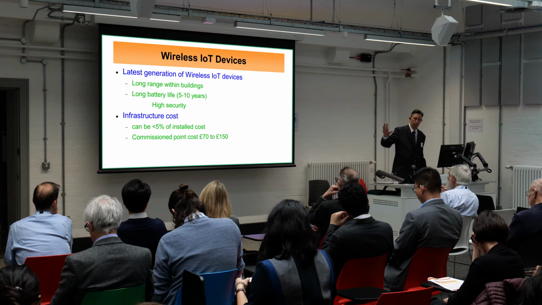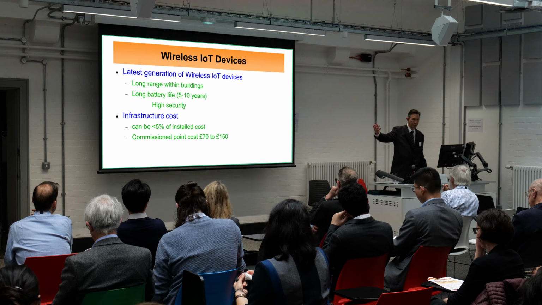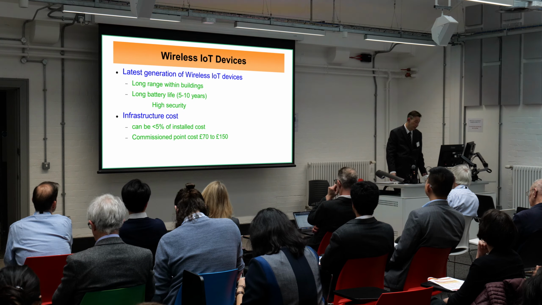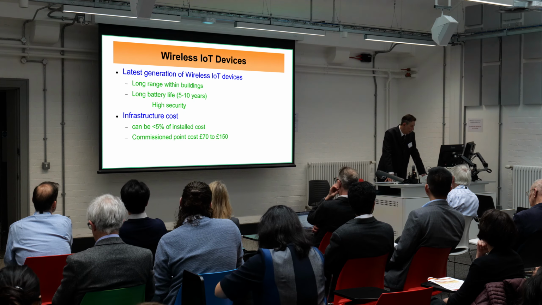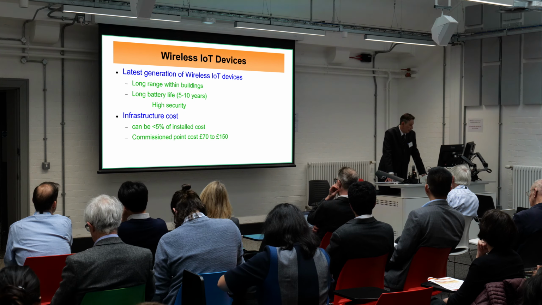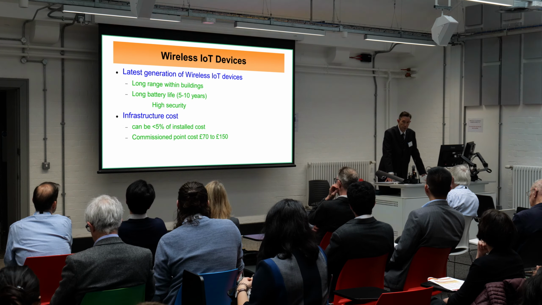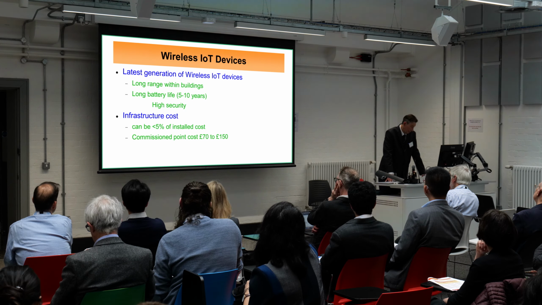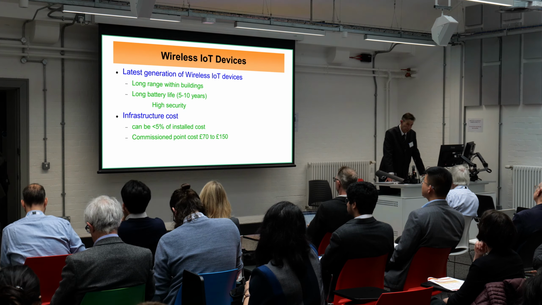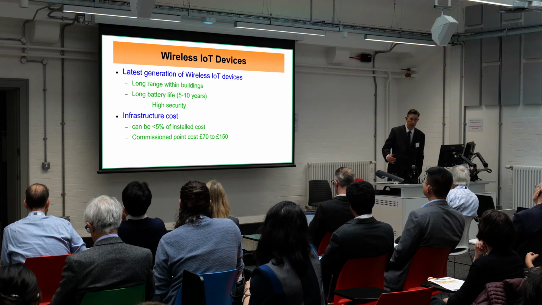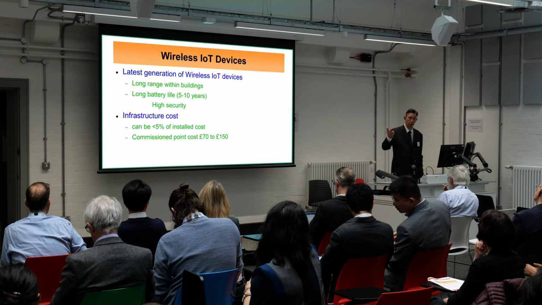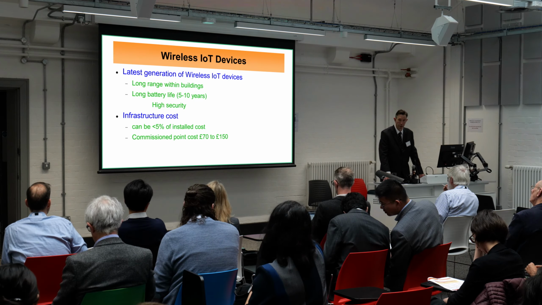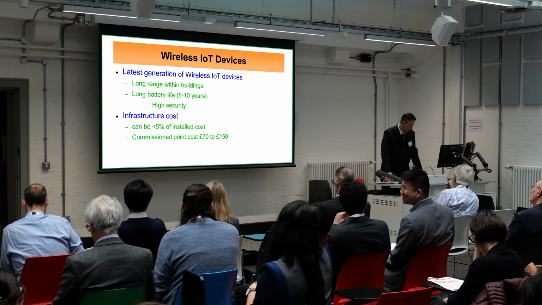If you have one wireless access point, for example, the more sensors you add to that access point, the cost of the infrastructure gets spread across the points, and it can be only a few % of the cost of the sensor. And the result of this is we have installed sensors where the individual total installed cost of a sensor could be £70. And in fact, a lot of these sensors are multi-point sensors. So for example, the sensors we use in occupied spaces measure temperature, humidity and motion. So theoretically that's 3 points. So you could say that the point cost is around £25 per point,